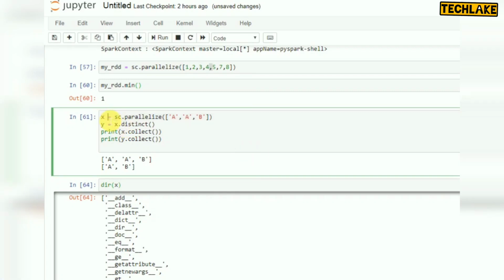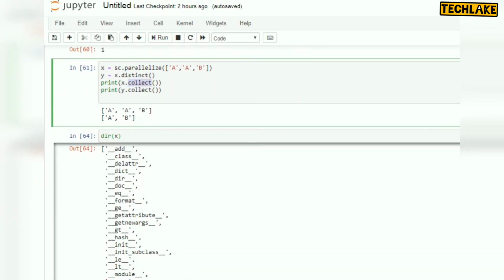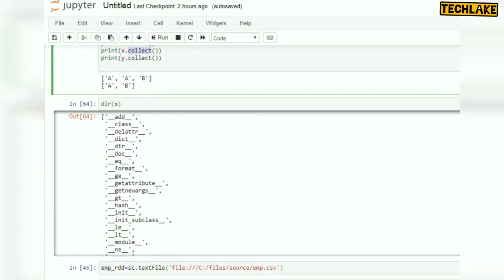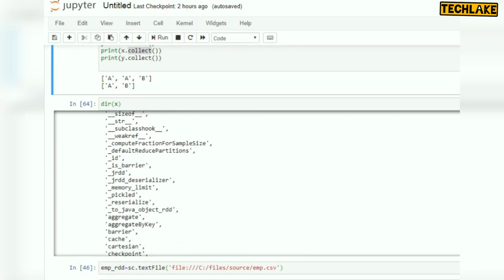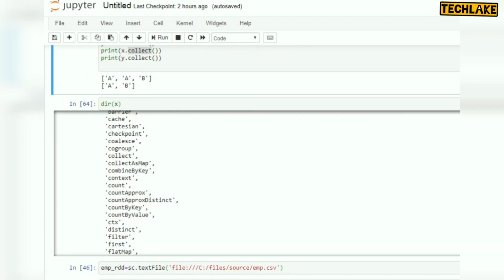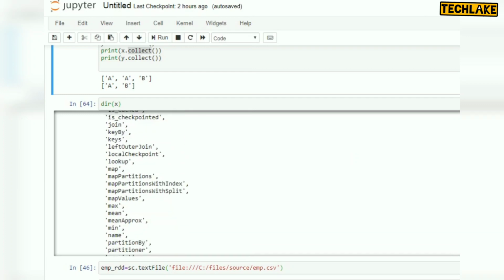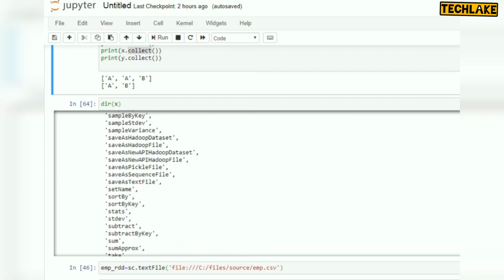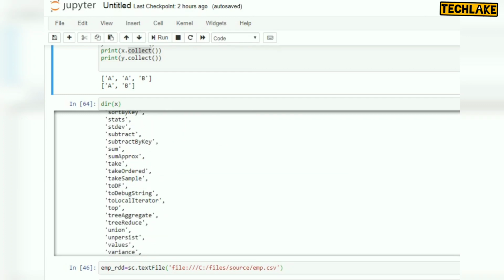On this X RDD we are using distinct and collect. Like this, how many things can we use here? These are all the things. See here, cache, and we can use count. These are all our transformations and actions, whichever is available.